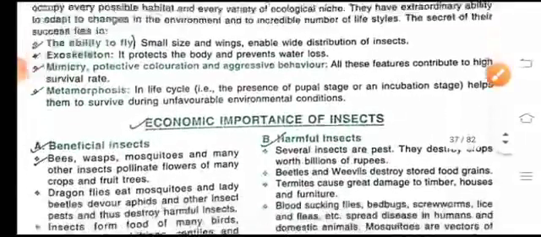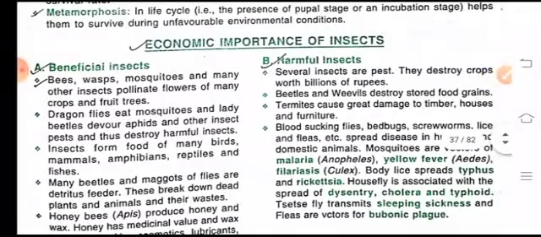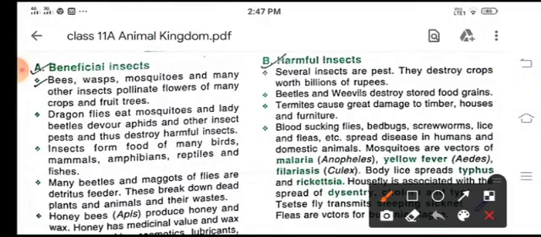Now this class Insecta has some topical importance also, because some insects are beneficial in nature and some are harmful. Insects like bees, wasps, dragonflies and many beetles are useful for us, and certain insects like pests, beetles and weevils, termites, and blood-sucking animals are harmful for